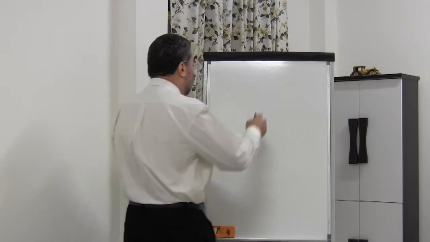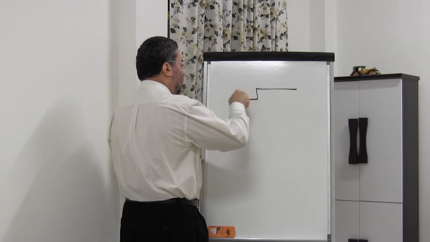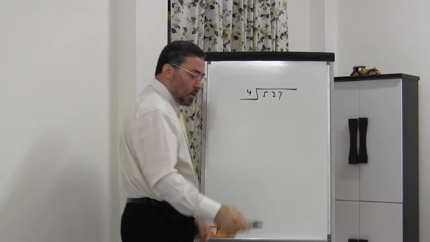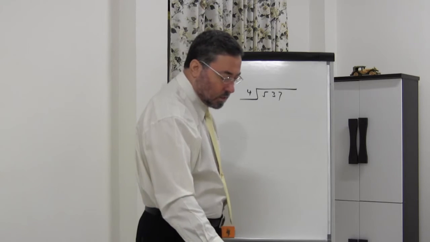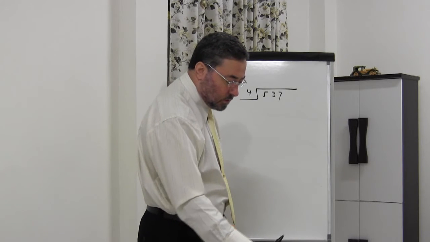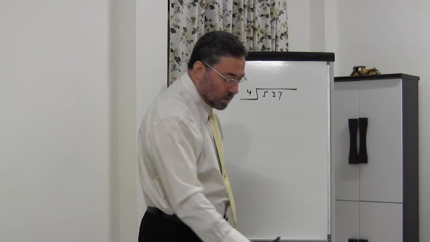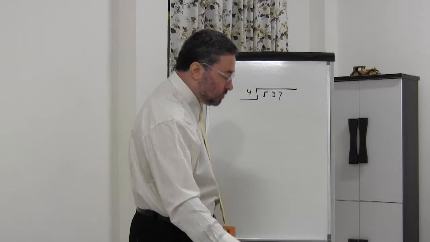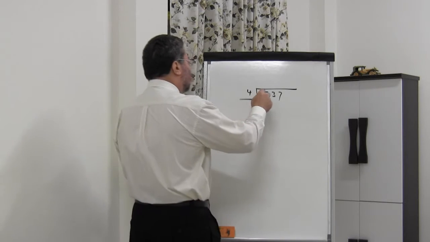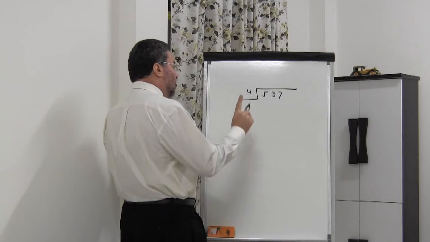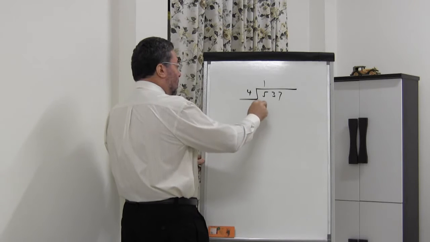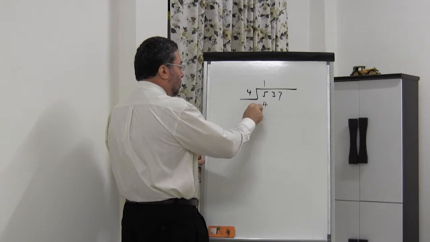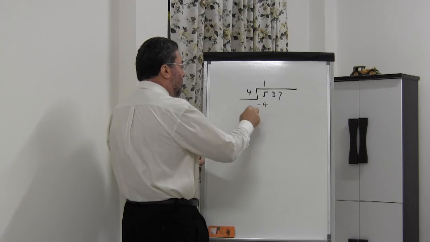So we are going to divide the number 537 by 4. Here, the book says that you have a cycle of divide, multiply, subtract. But if you know how to do it, you do not need to remember this cycle. First, we divide 5 by 4, and we get 1. There's 1, 4, and 5. And we multiply 1 times 4, and we get a 4, and we subtract this from this 5, and we